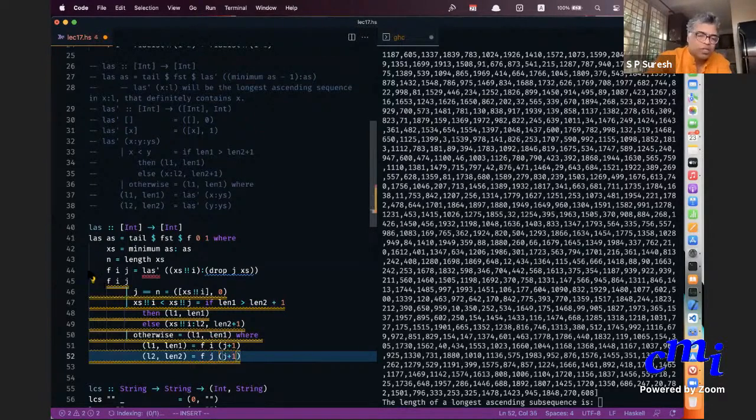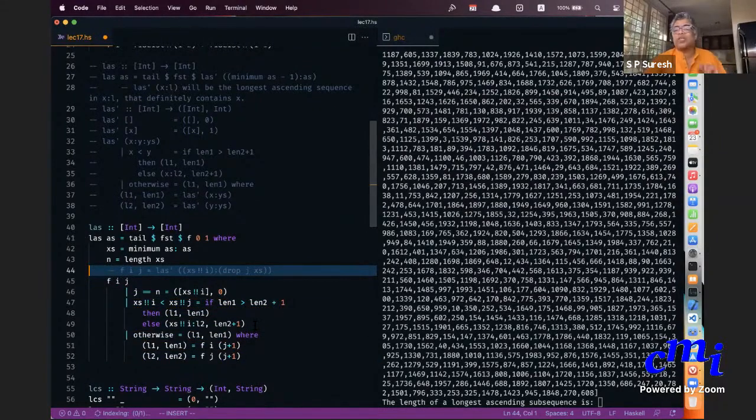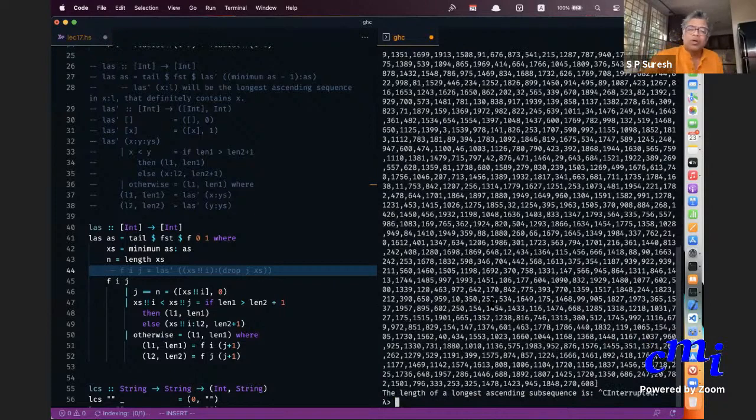Now I'll go and delete this. Okay, this is my function. But having translated this just like with our earlier examples, just because I translated something from lists to some drop kind of thing doesn't improve the complexity, because this is still a nested recursive call, right? But we now know how to handle this. How do we handle this? Simple. You just use arrays. So at the point where you define